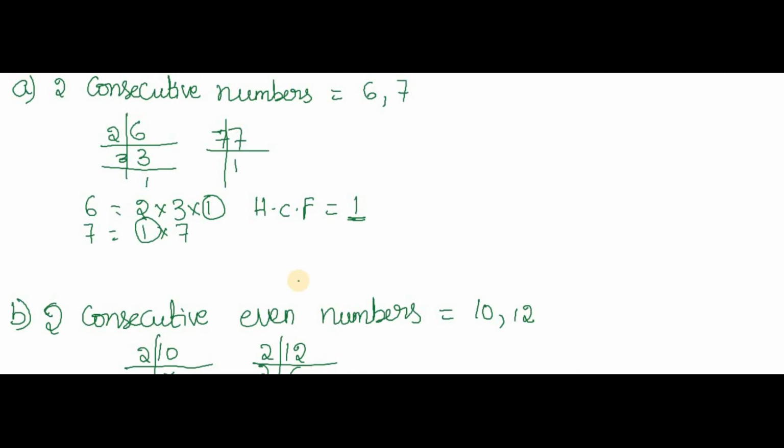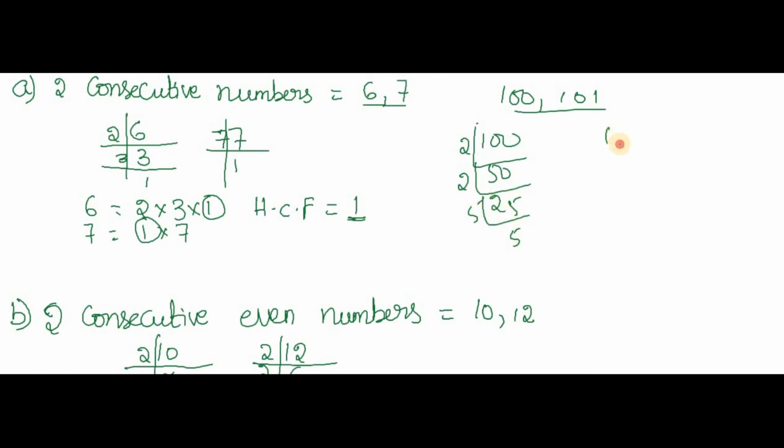What we understand is, if two numbers are consecutive, if the numbers are side by side, automatically the HCF of those numbers will be 1, not more than that. I just took a very simple example. You can go for a big example like 100, 101 also. For 100 you have so many factors: 2 50s are 100, 2 25s are 50, 5 5s are 25. Whereas 101 is a prime number, so it has 101 1s are 101. And here we write 5 1s are 5. So we have only 1 as the common factor, that is nothing but your HCF here. In this way we can say that the HCF of two consecutive numbers is always 1.